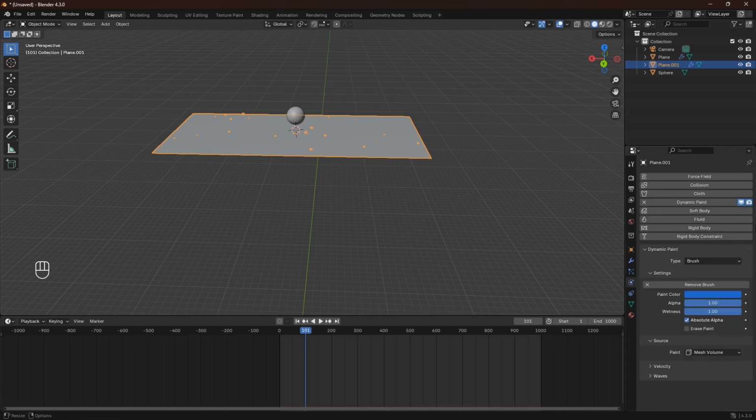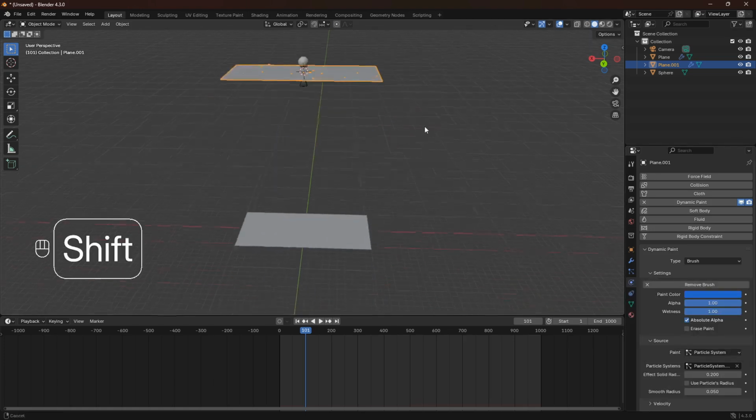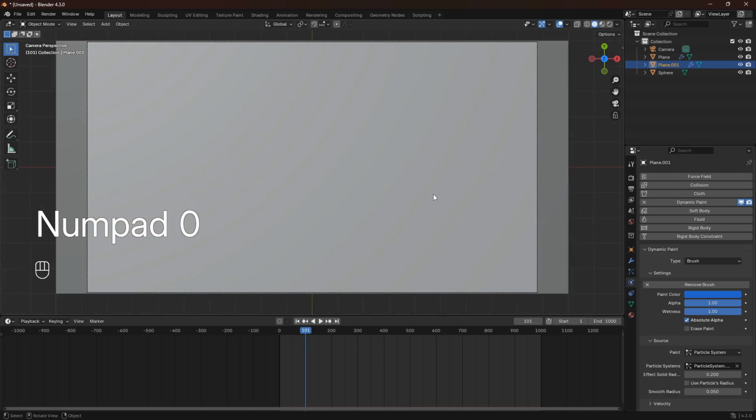Let's go into the physics. And here we need to go down to source and change this to particle system. So source from mesh to volume to particle system. And also we need to click on this second drop down window here and select the particle system one more time. So now if you jump into camera view here, you can see